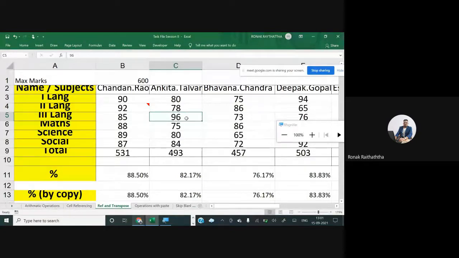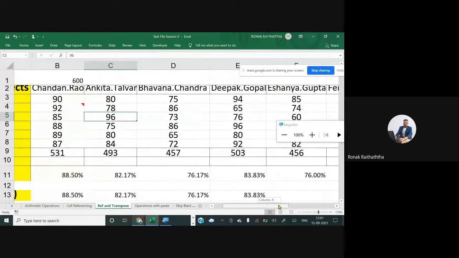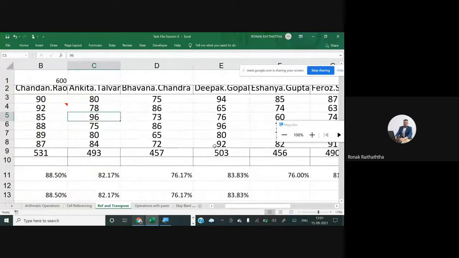Let's go to the first 96 in C5. Then press the control button. Press the control button. With the mouse click, select all the cells in one slot now, which are more than 90. So here in Miss Bhavna's marks, I don't find anyone more than 90. Scrolling to the right-hand side. Here in Mr. Deepak, I am finding